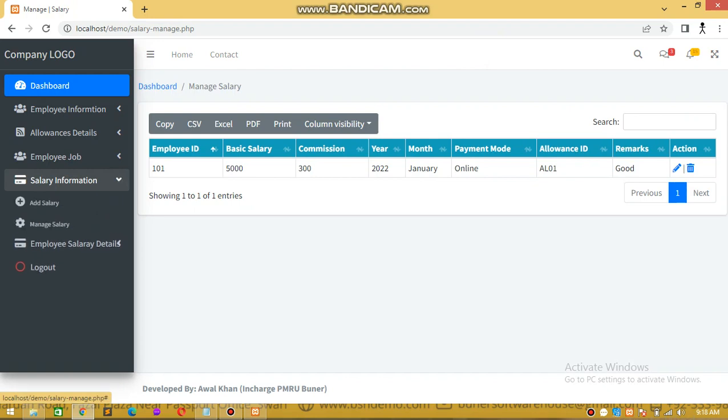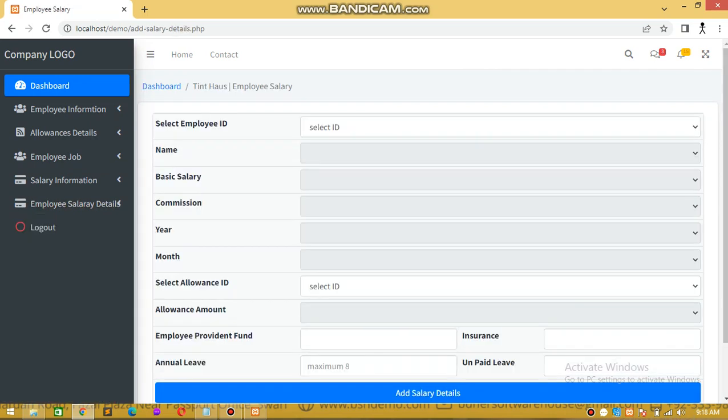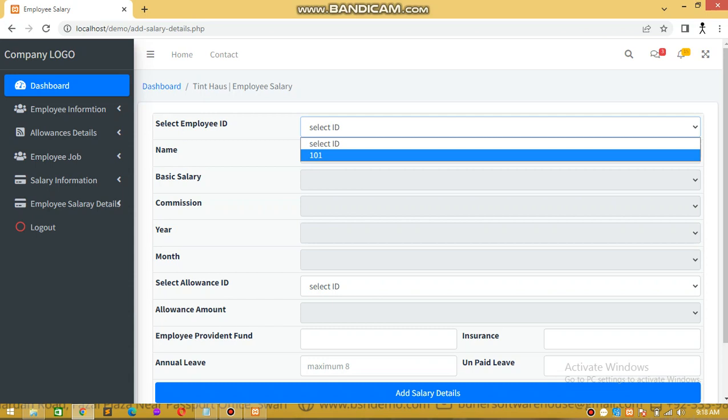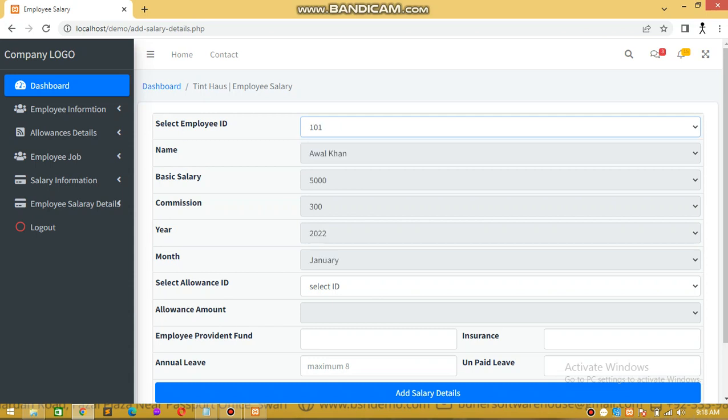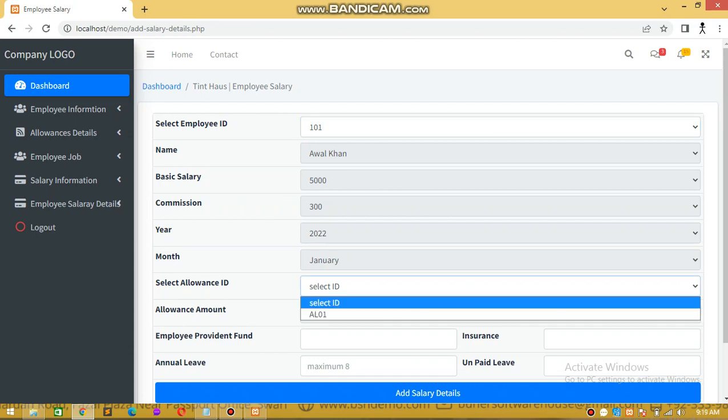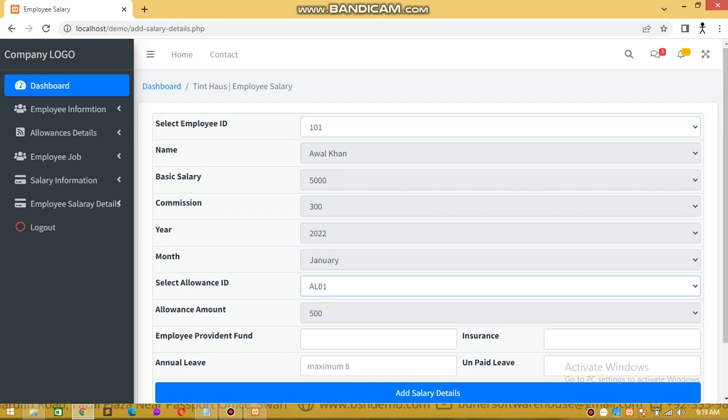Okay, now we will proceeding to the final page where total detail of employee will be fetched from the database. We will select ID, employee ID. Okay, so basic salary, commission, year and reporting month is automatically selected. Okay, after that we will pass allowance ID and the allowance amount will be automatically fetched. Right now we will write the EPF amount, for example, and insurance,